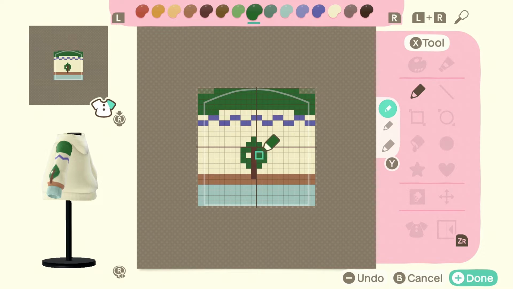Basically, it's a pointy top and then pointy bottom. It's a very simple tree. And then for the roots, I just have a lighter shade of brown just on the bottom there, so it kind of looks like there's roots. And then for the 2 other trees that I'm drawing in here, as you can see, I have